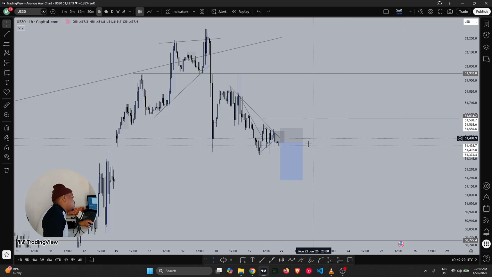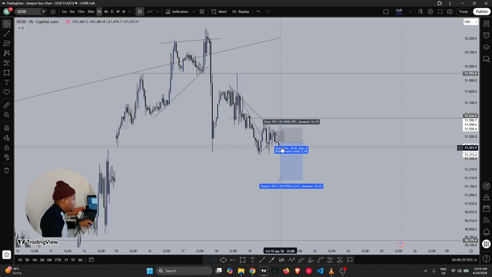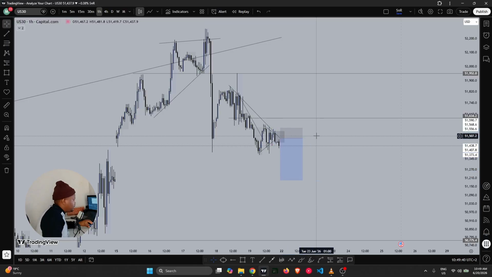But there are ways to refine this. You can go all the way to the lower time frames and see what the structure is telling you, or if you can take it from this candle. Okay,